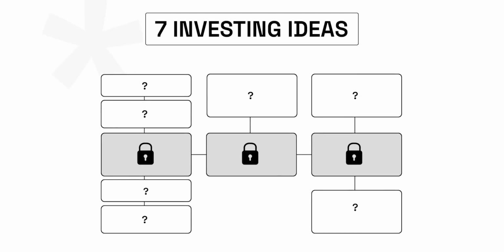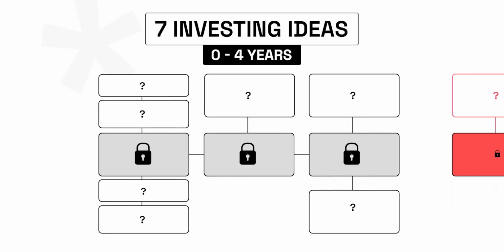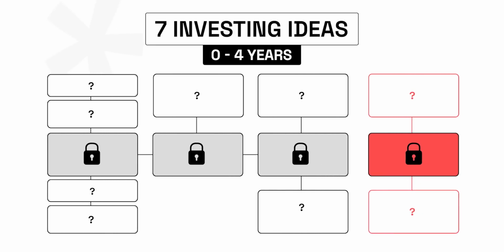Today, I'm going to share with you 7 investing ideas for your short-term goals that could be anywhere between 0 to 4 years, and also 2 places you should never ever think about investing. This also includes, by the way, a new type of mutual fund in India that has become popular in the past 1 year. So let's get right into it with the exact playbook that I share with my clients.